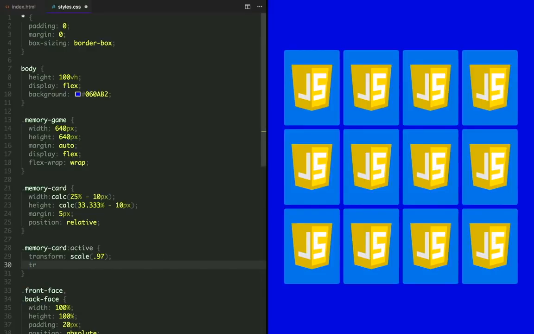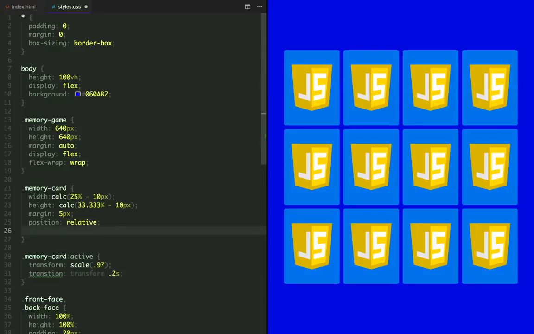Let's make that a bit smoother by applying a transition to it. And for that transition to work, we have to have a starting place. So let's apply transform scale 1 to the memory card.